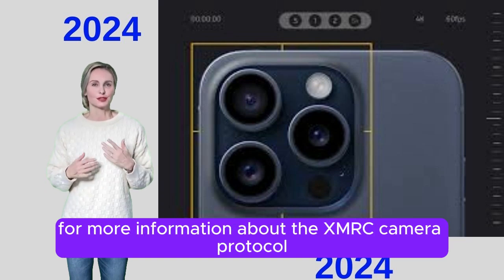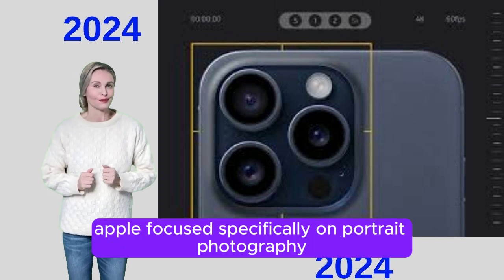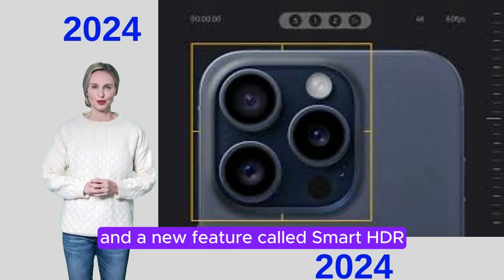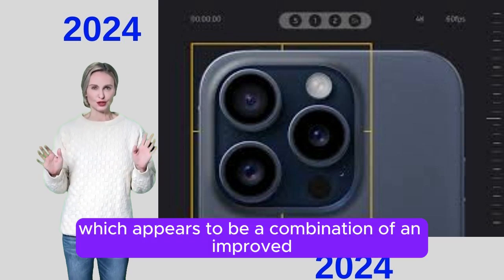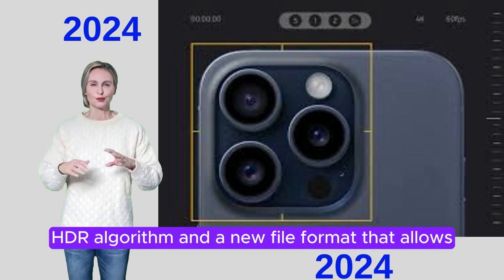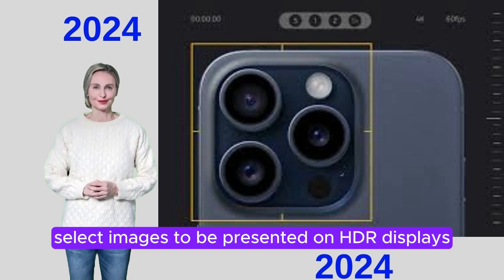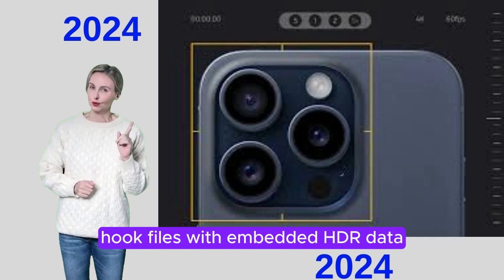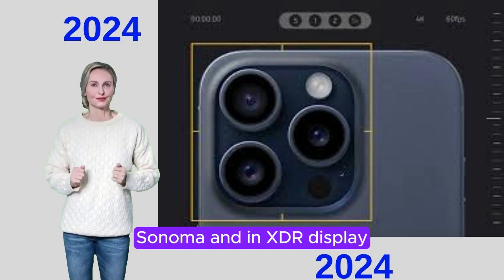For more information about the Xmark camera protocol at this year's main event, Apple focused specifically on portrait photography and a new feature called Smart HDR, which appears to be a combination of an improved capture level HDR algorithm and a new file format that allows select images to be presented on HDR displays. We evaluated the iPhone's HEC files with embedded HDR data using the Photo app on macOS Sonoma and an XDR